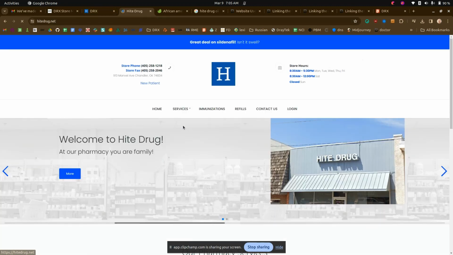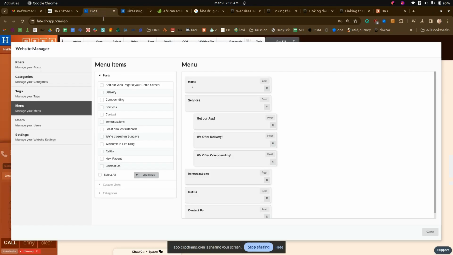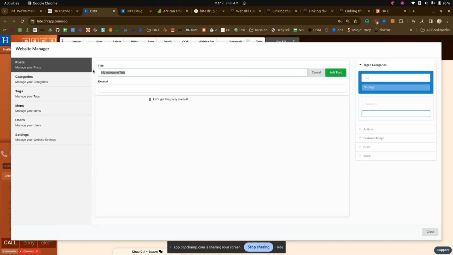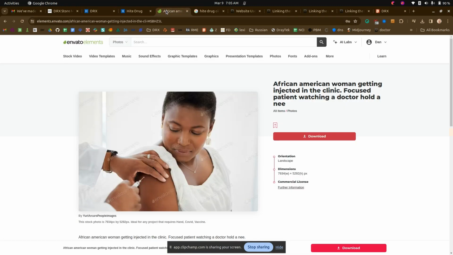There is some additional stuff that you can add. So we also have a card section. So we might do something like come visit, and we'll say we're located in the beautiful Chandler, Oklahoma area. And I'll just leave that blank, but you could fill in some more information there. And I'm just going to tag this as a card. And cards look better when they have